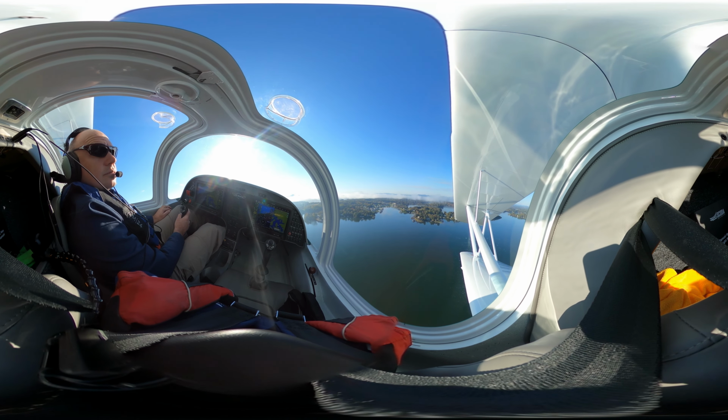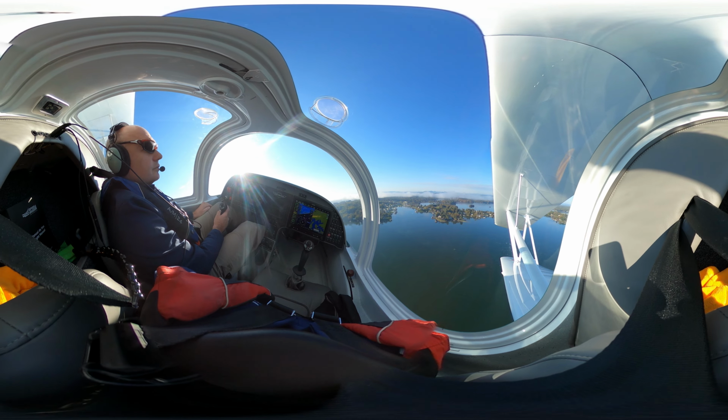About a mile and a half, going across midfield to enter left downwind for 24, and we got the brake